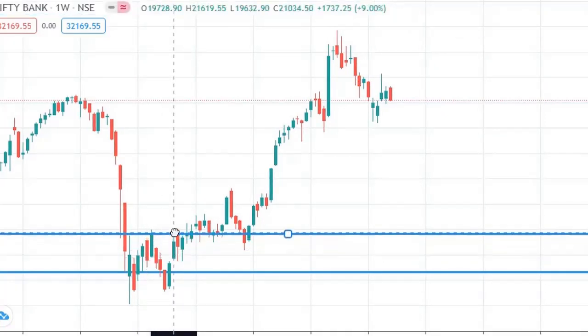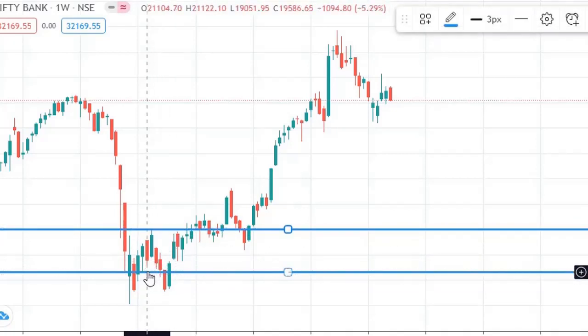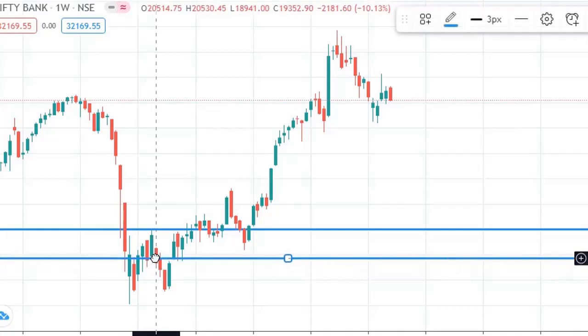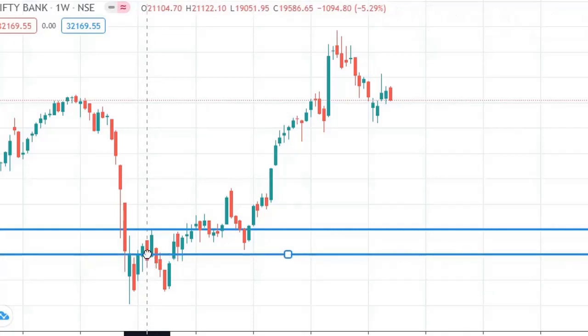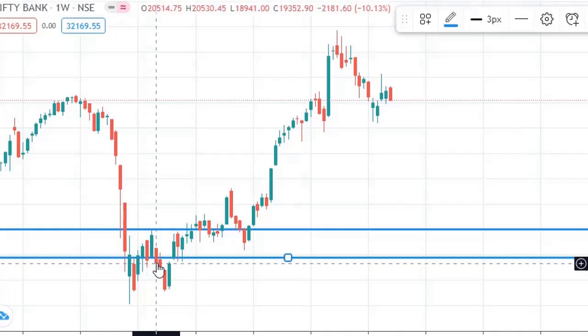Now another green candle closes above it. So the relevance of the current green candle has ended, and we are going to see that we have marked the high and low of the relevant candle. Now the next thing that happens is, you can see the low of this green candle has been broken.